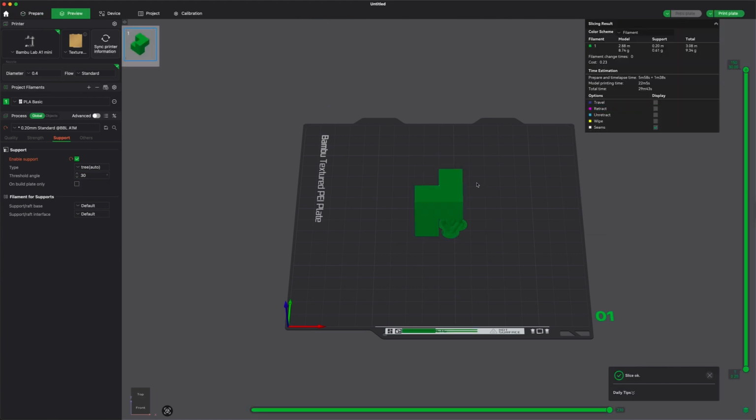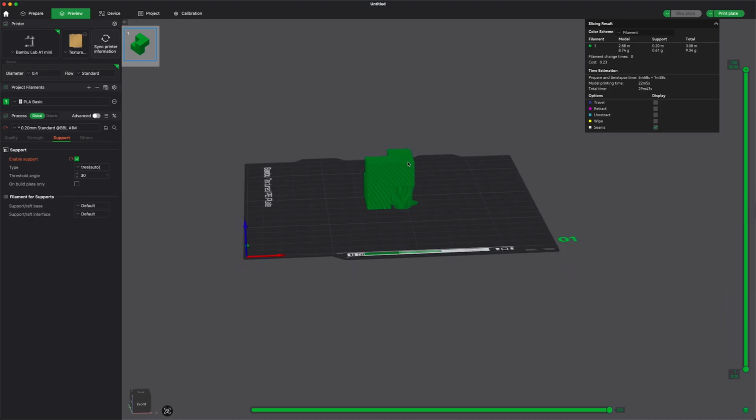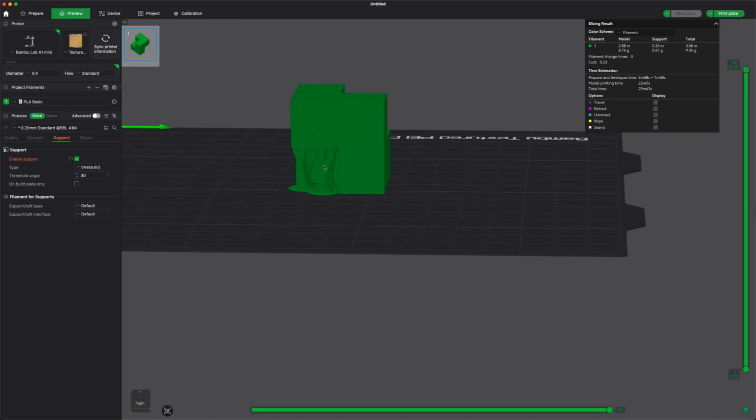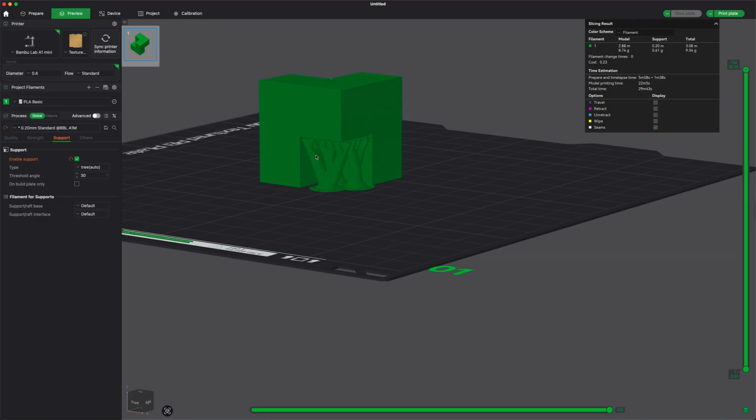And what you're going to see now, I'm going to use the right mouse button, center it up, and I'm going to use the left mouse button, is you see how it's building a tree. It looks like a tree, right? That's why it's called a tree support. It's building this tree support underneath. Now, you might be wondering, like, hey, I don't want all that weird gunk in my model. And what it's doing